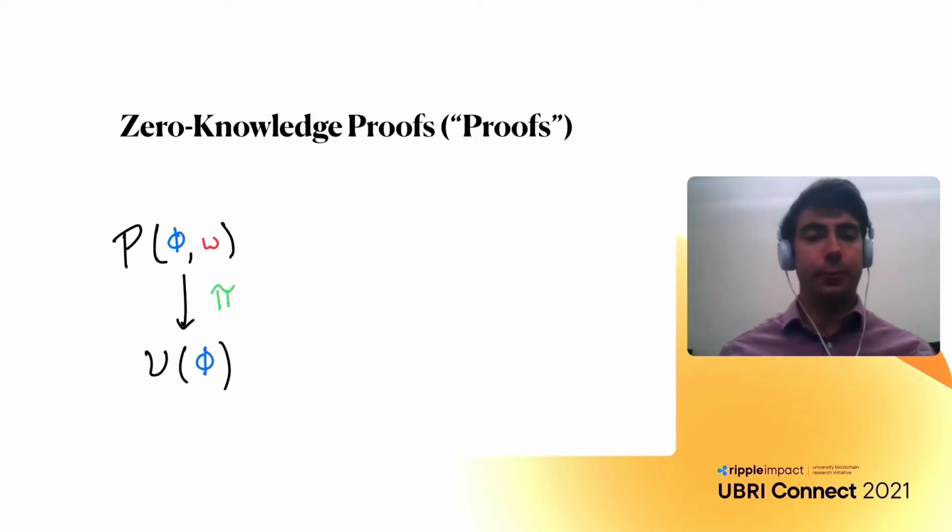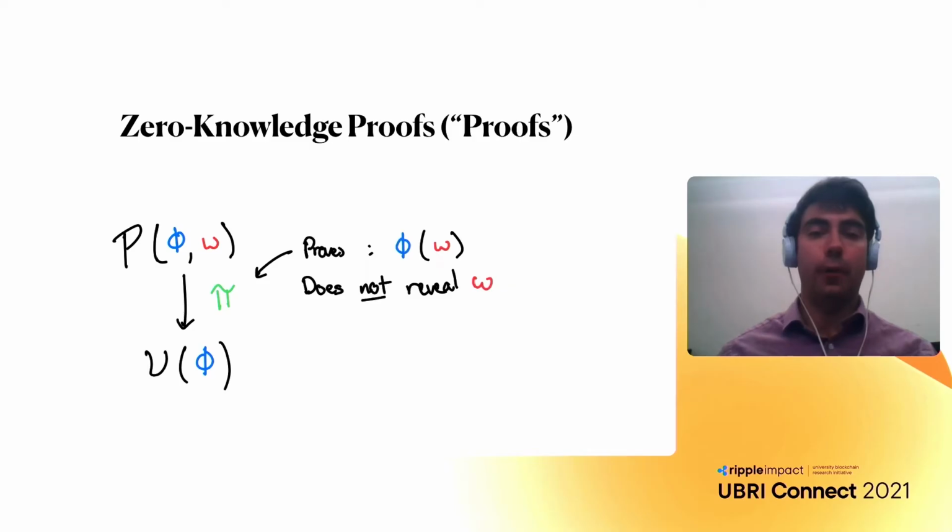So for a standard zero-knowledge proof, you've got a prover, and they know a secret witness W that satisfies some property phi, some predicate phi. And what the prover does is they're able to write down a short proof that is written as pi here. And once some verifier checks this proof, there are two important things that happen. First of all, the verifier is convinced that the prover really does know a witness that satisfies this predicate. And second of all, the verifier learns nothing else about what the witness is, which is why this is called